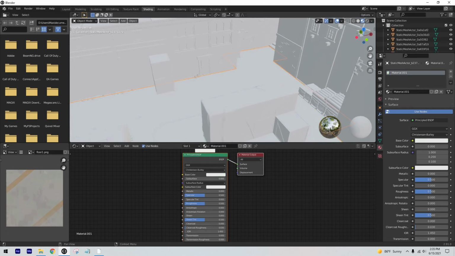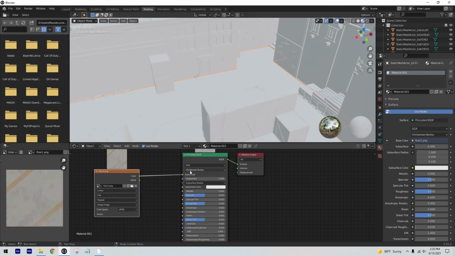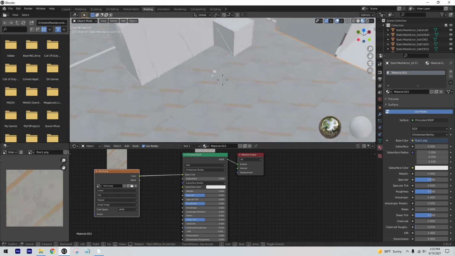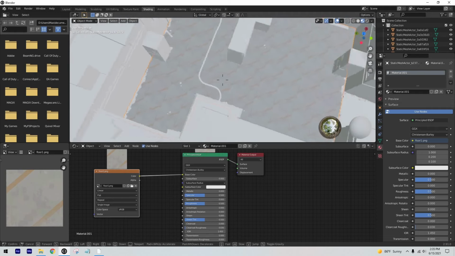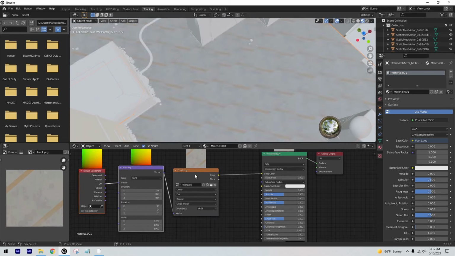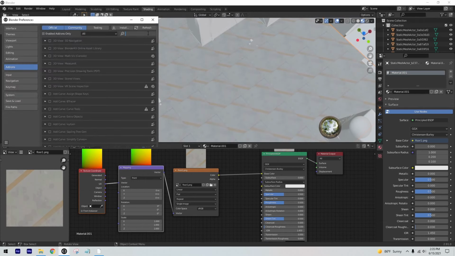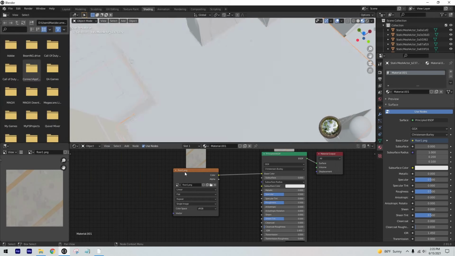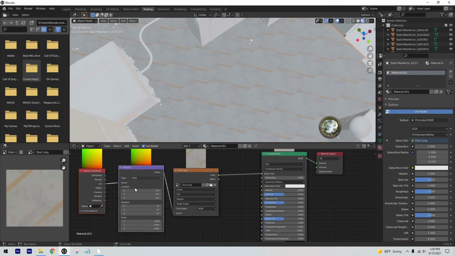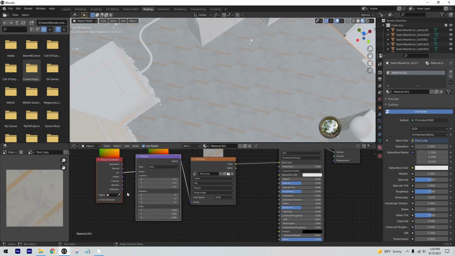So what we do is we're just gonna drag the diffuse right here, and we're gonna link color to base color. Now if we do it, it already does it fairly nicely, so we don't really need to do any adjusting. But if we need to, we want to have Node Wrangler enabled. You can do that by going to Edit, Preferences, Add-ons, searching for Node Wrangler, and then we're gonna select the floor one, and we're gonna hit Control T, and this creates a mapping node. So we can just do Control T,